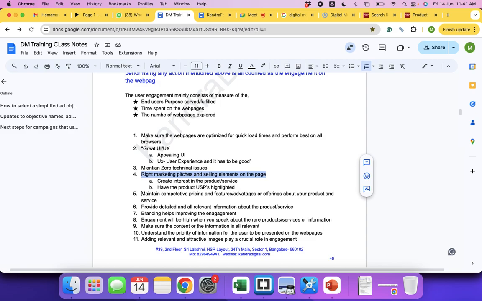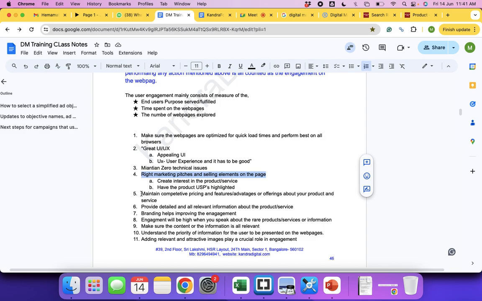Adding attractive and relevant images plays a crucial role in the engagement. The best product in terms of availability, variation, sizes, colors, offerings, everything will also have better engagement. For example, you have visited a web page to purchase shoes, but it doesn't have the sizes of your choice, colors of your choice, and it's not selling the brands of your expectation, correct? You will not engage with it, you will just quit that page, correct? Everybody, you will quit such pages, right? If it is not selling a shoe of your choice, brand, and size of your choice, correct?